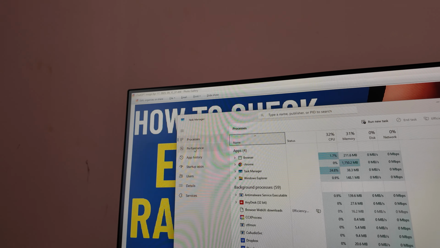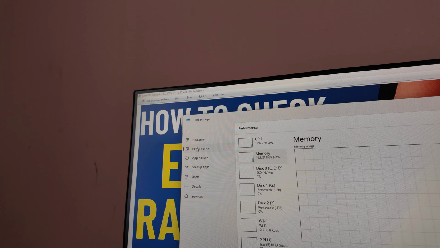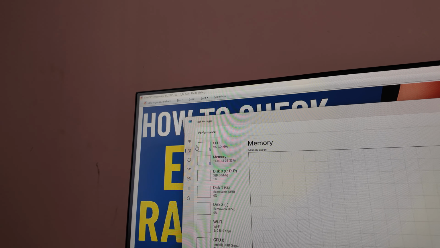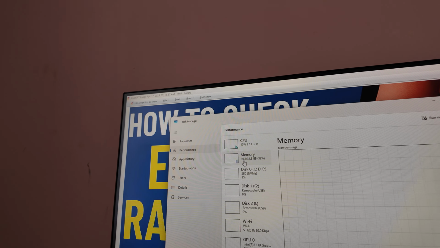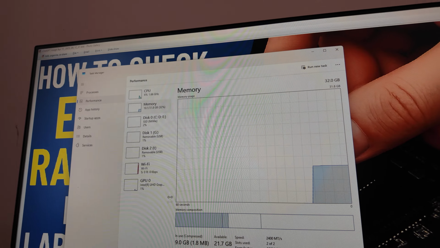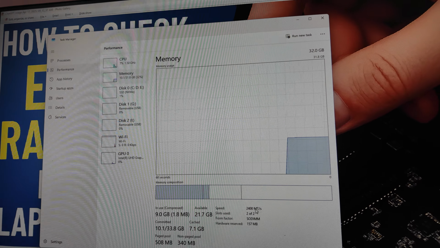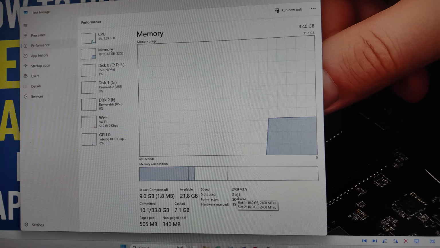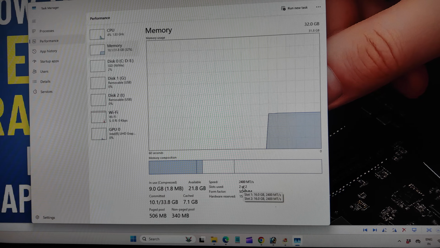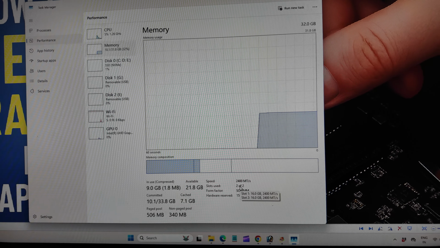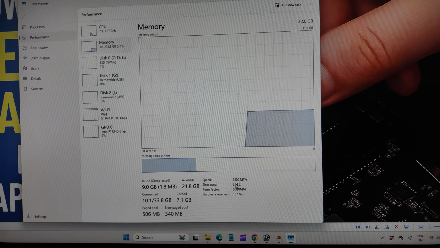From there, you have to click on Performance. You may see options like this. Click on that, go to Performance, go to Memory, and this is the details of your RAM. Here you can check slots used. If it shows 2 of 2, that means you have two slots and both are used. In my scenario, I am using